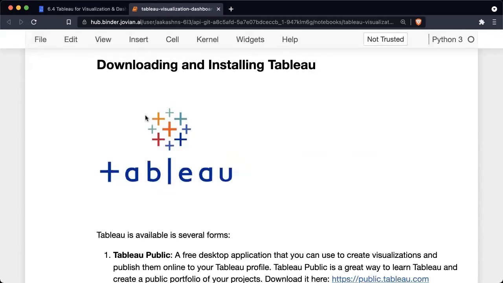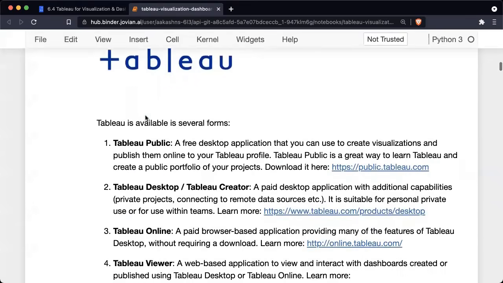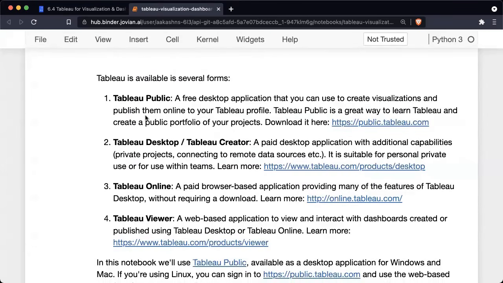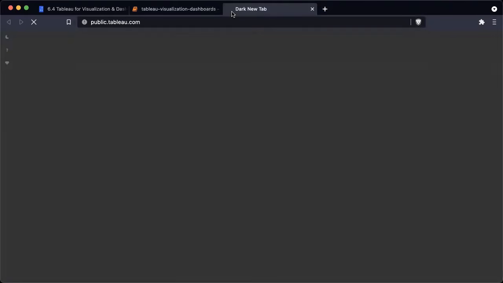So let's start with downloading and installing Tableau. Now, Tableau is primarily used as a desktop application, and there are two versions of the Tableau desktop application that you can download. The first one, which we're going to use today, is called Tableau Public. This is a free desktop application that you can use to create visualizations and publish them online to your Tableau Public profile. So if you go to public.tableau.com,